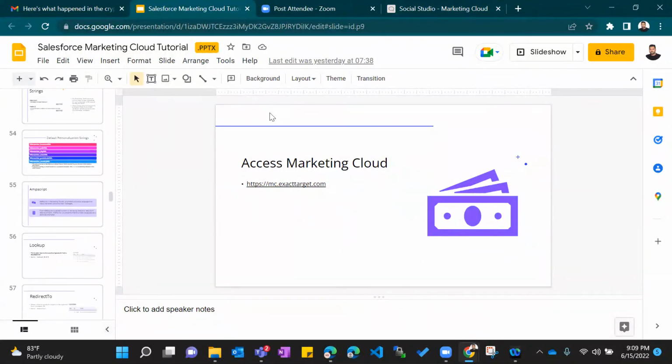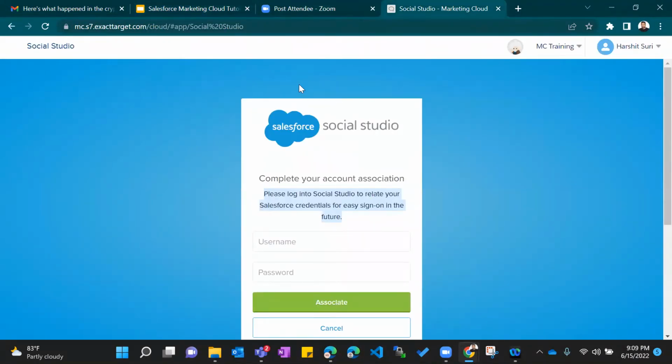Apart from AMPscript, what about SSJS? SSJS will not be covered, but if you want, we can have a separate training for that. SSJS is purely a programmatic way. We will not cover that. For that, I expect that you should know JavaScript, because if I teach JavaScript first, that would not be a Marketing Cloud language, right?